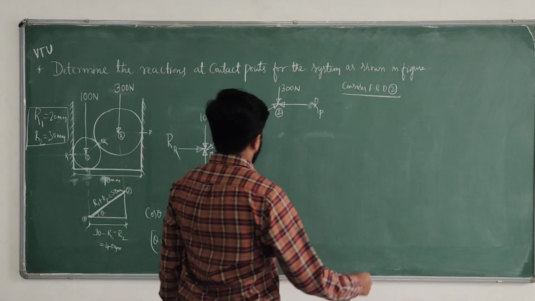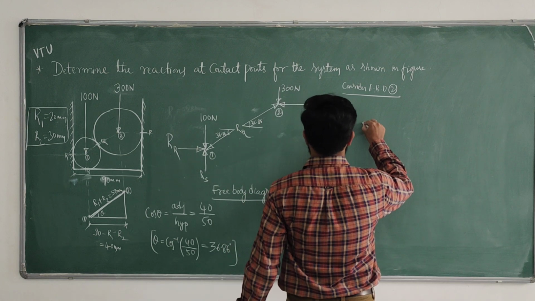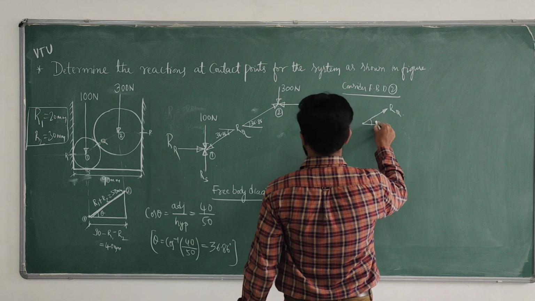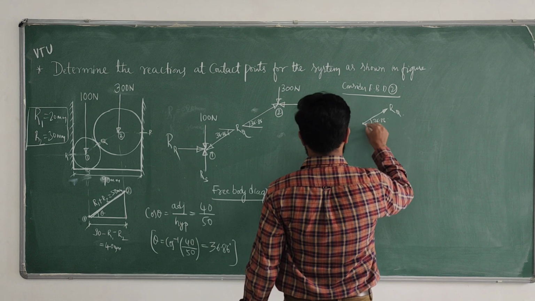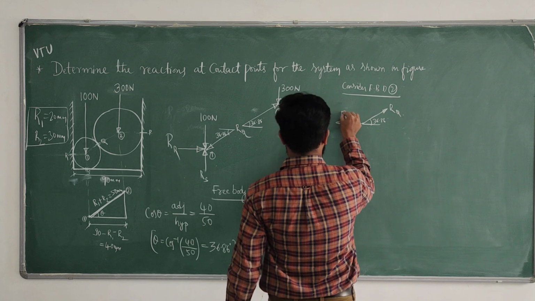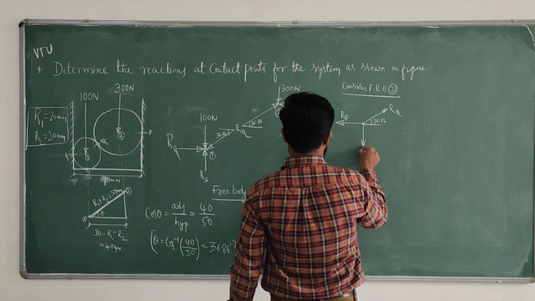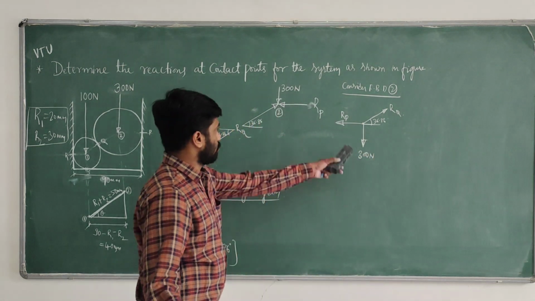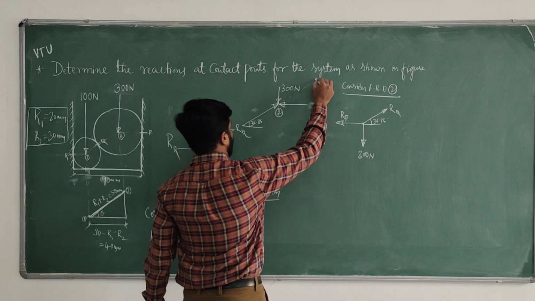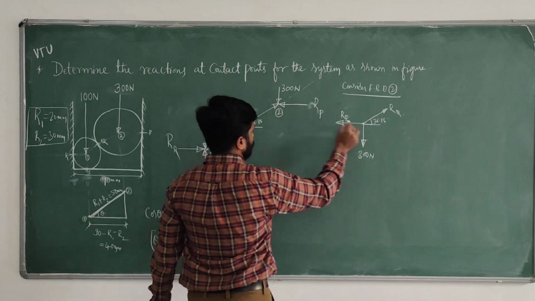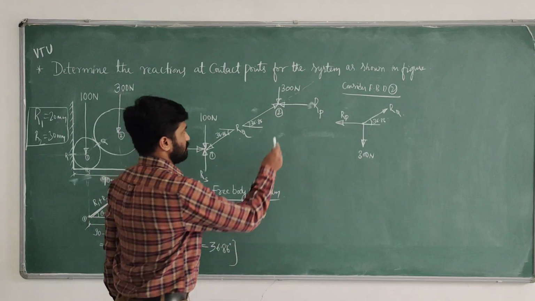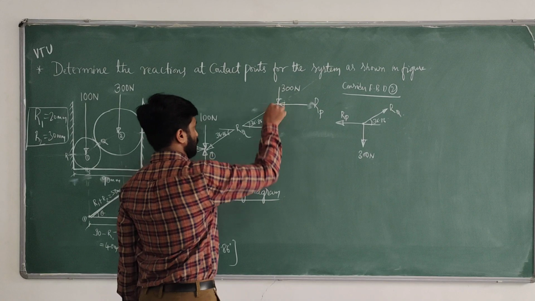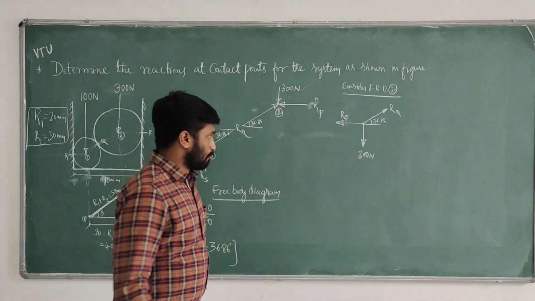For the application of Lami's theorem, I am making it convenient: R Q with the horizontal angle 36.86, and here R P and weight. The weight is 300 Newton. By the principle of transmissibility, I have taken this here, and whatever the inclination, I have taken directly. And this is R P, I have taken this side, the three are mutually perpendicular, that's why. And this is 300, which I have taken downward, at the point.